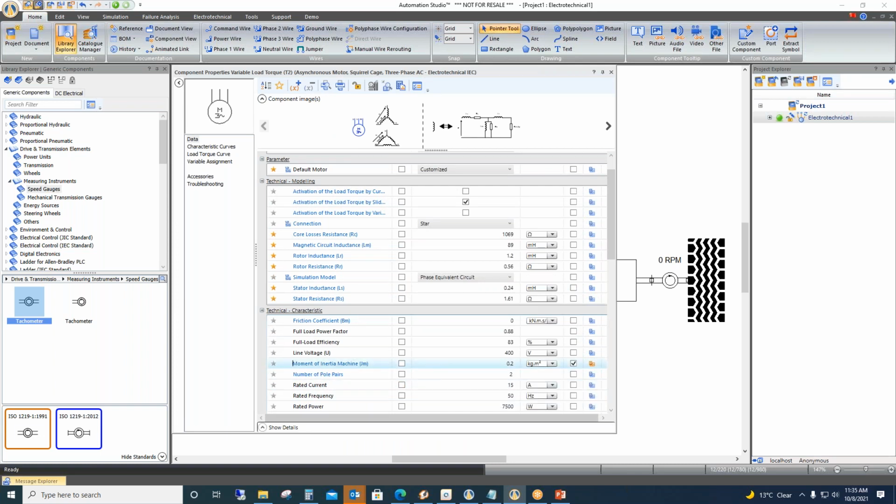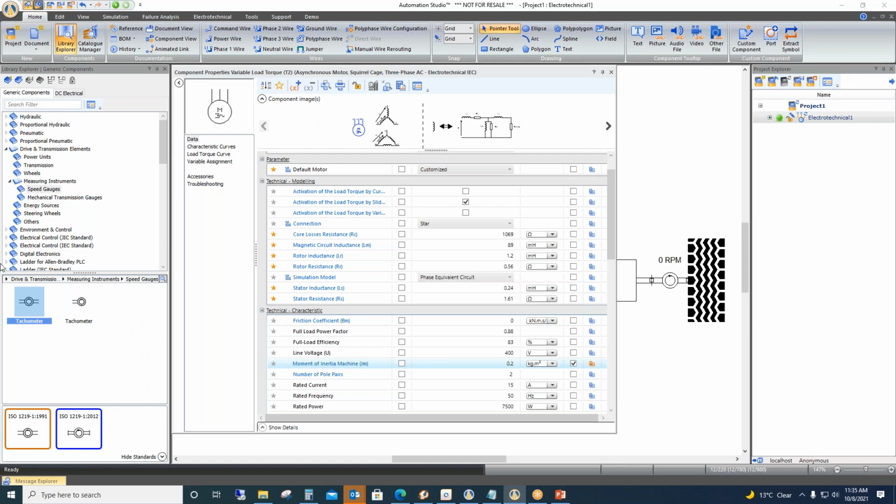May I know whom I'm talking to? It's Sarang. Sarang, you cannot control the moment of inertia of the wheel. It is continuously changing depending upon the terrain. The terrain, the road, the type of soil, all this will be continuously changing. So I cannot apply one value to it. Yes, sir. You are correct.